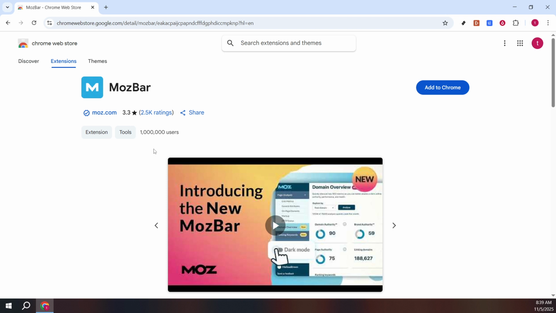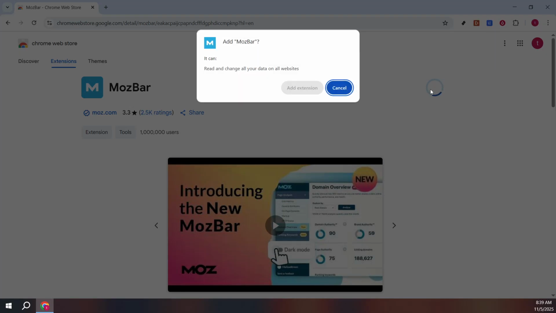On this page, you'll now see the option to add to Chrome. Go ahead and click on that button. This step prepares Chrome to add the Mozbar extension to your browser, making it available for use right from your browser interface. After clicking Add to Chrome, a dialog box will pop up asking you to confirm the addition of